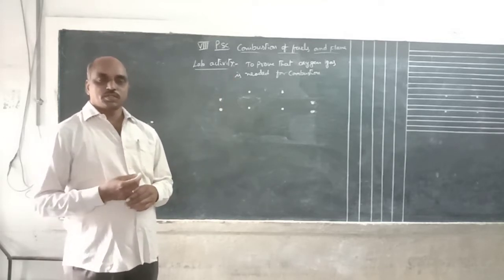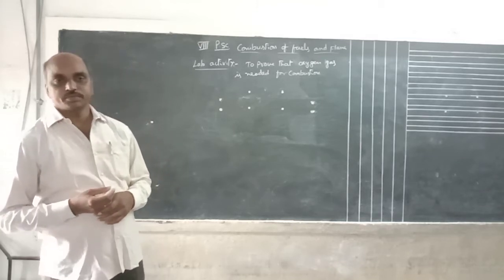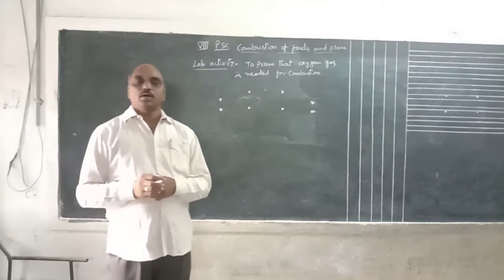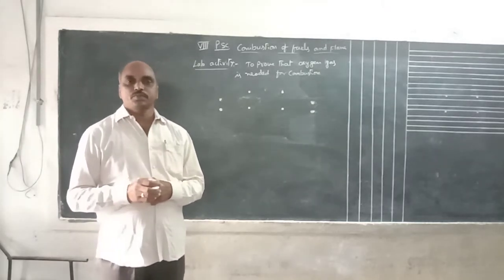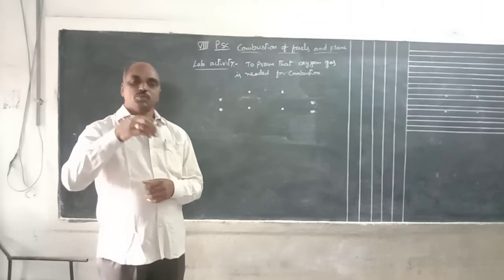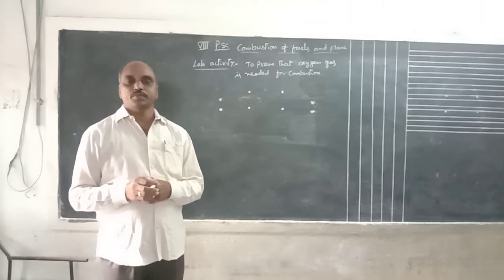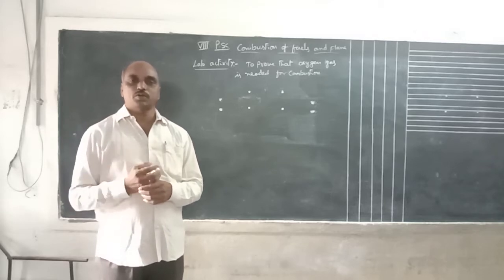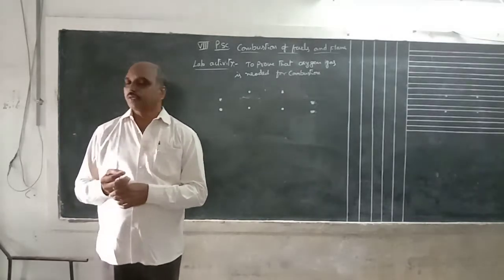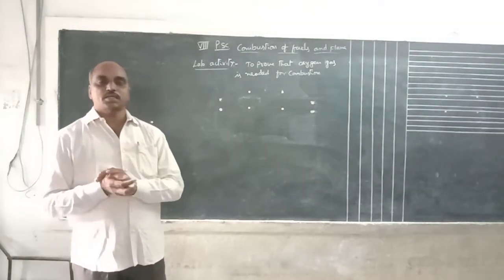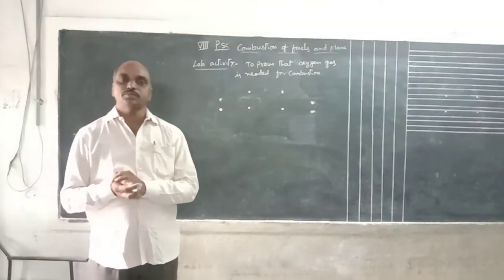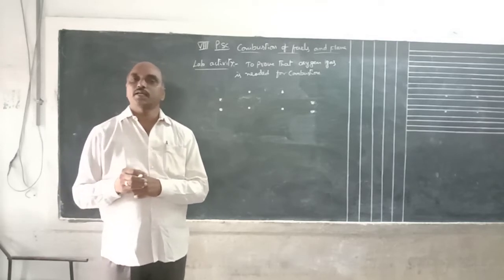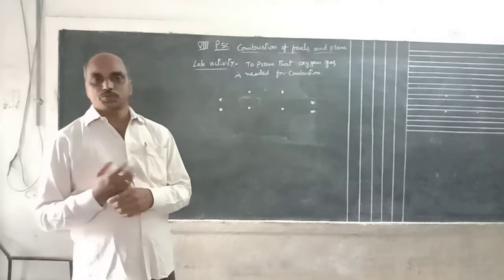Already one activity is over in the last class. What is that activity? Take a candle and light it. After that, take a transparent glass and keep it over the flame. Suppose it is completely closed, the candle burns for some time and then immediately goes out. Why? Inside, a certain amount of air is present, and that air consists of oxygen. Only as long as that quantity of oxygen is available, the candle stays lighted. After that it is put out.